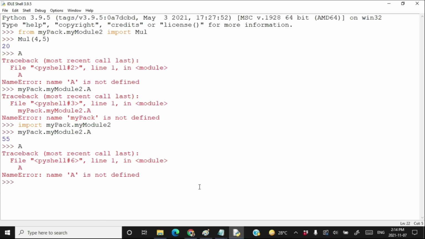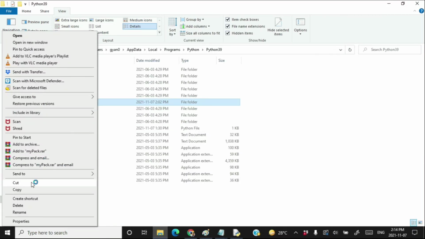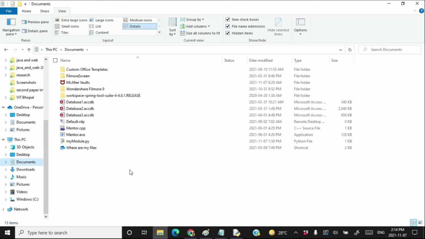So hopefully you are getting all these points. But right now, my package mypack is in a directory where Python searches for its import statement. Just cut it and paste it somewhere. Paste it here.